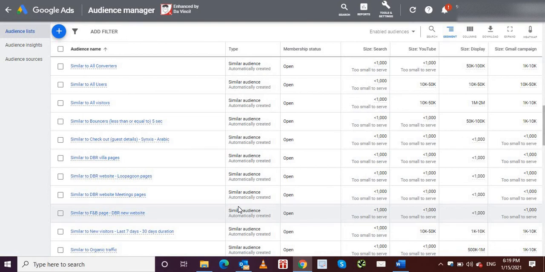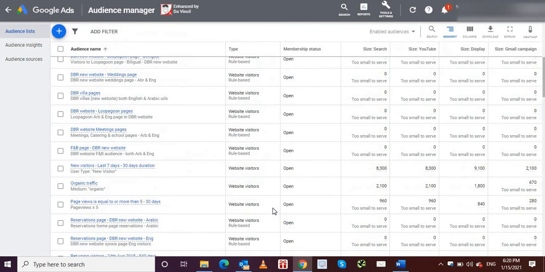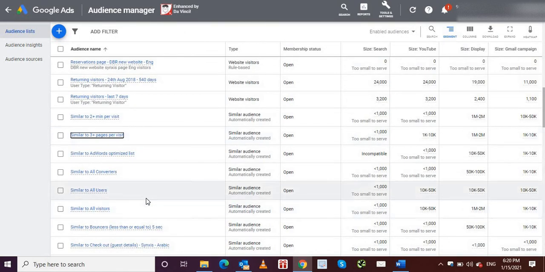Even if they don't convert immediately or don't make a purchase from you instantly, you would have still added them to your remarketing tags, and you can still target them at a later date, so that your seed audience list also increases. You will see an increase in numbers gradually over here, because you're targeting new users by simply targeting similar users. So in my next video, I will show you how to create a campaign using similar audiences.